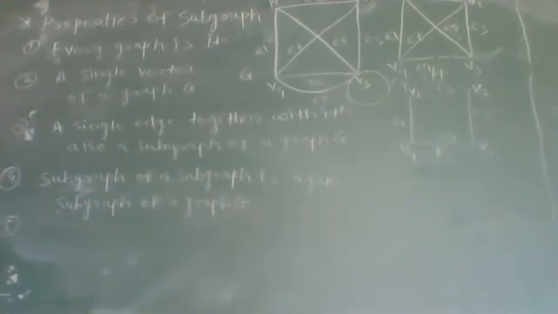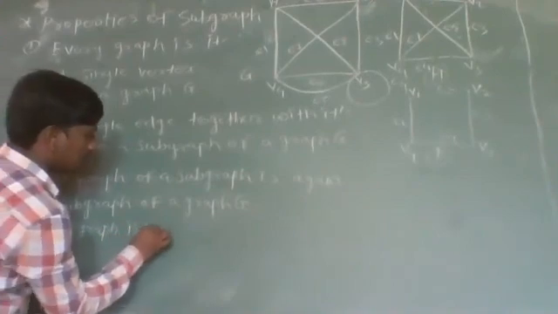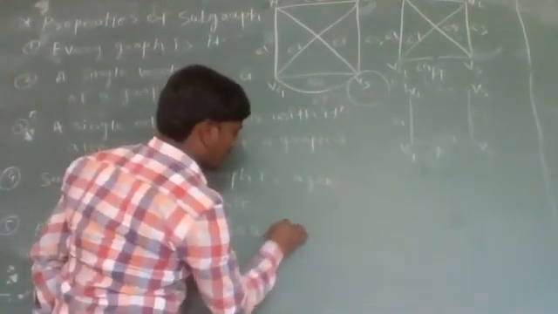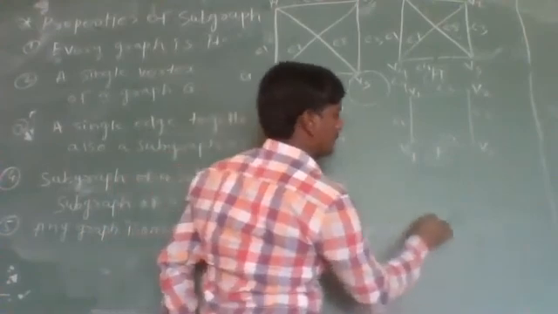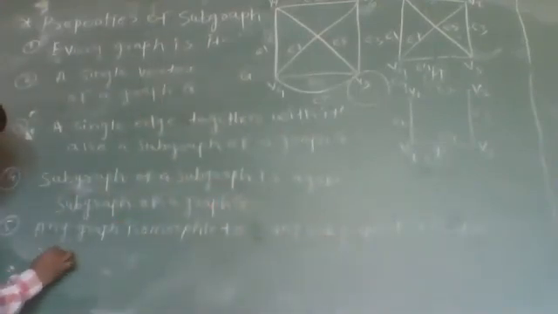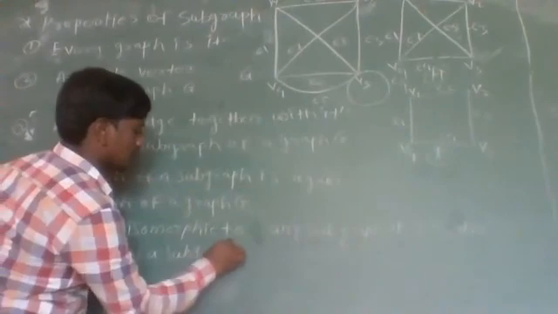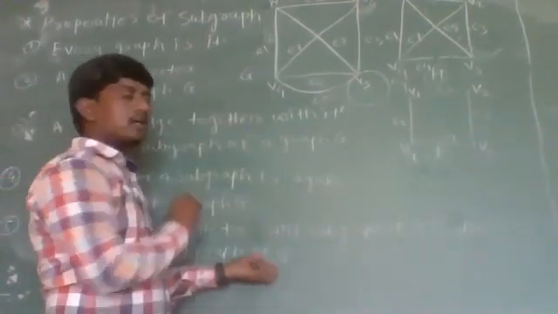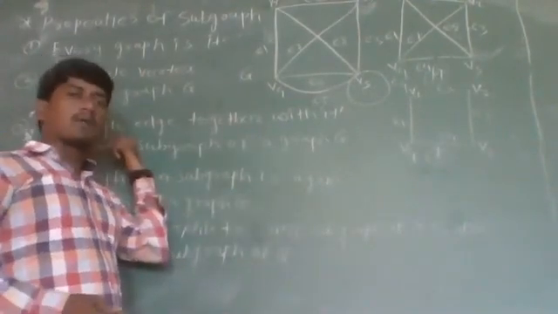Now fifth one is any graph isomorphic to any subgraph of a graph G is also referred to as a subgraph of G. Suppose G is any graph and H is a subgraph, and we have one graph K which is isomorphic to H, then this K is also a subgraph of G. For example,